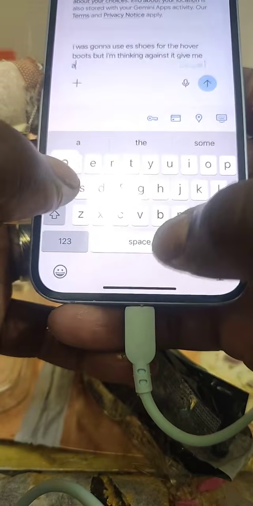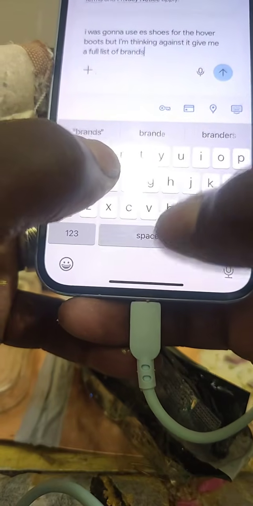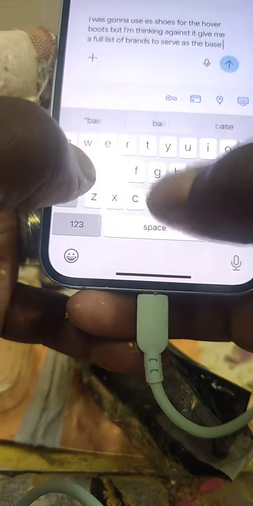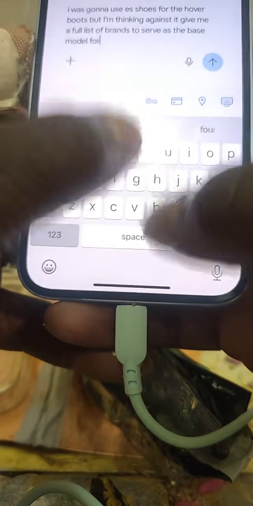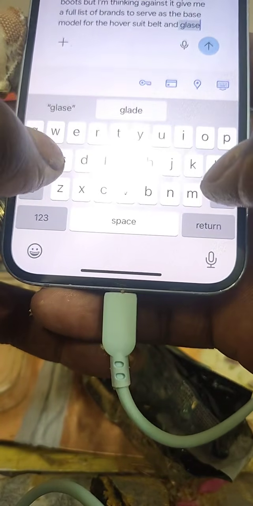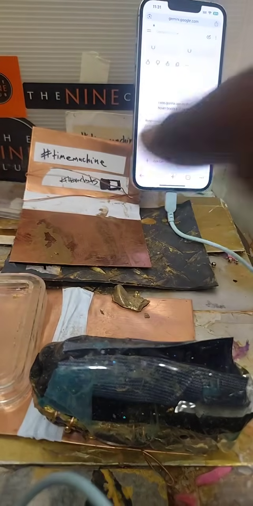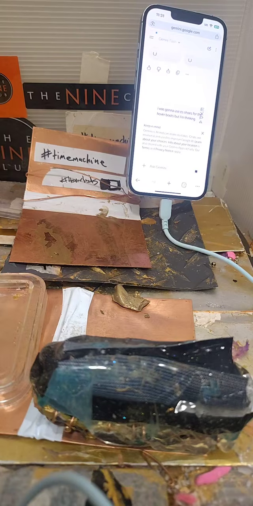Give me a full list of brands to serve as the base model for the hover suit, belt, and glasses included. I don't think it would naturally give me a belt brand, but that also might give it enough context to realize that I want individual specific